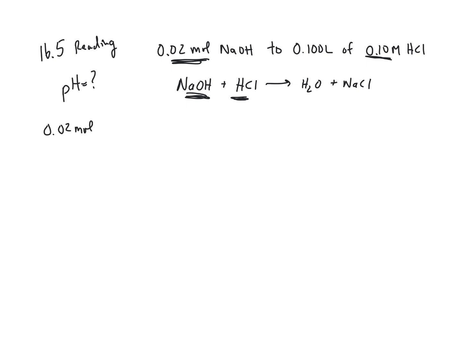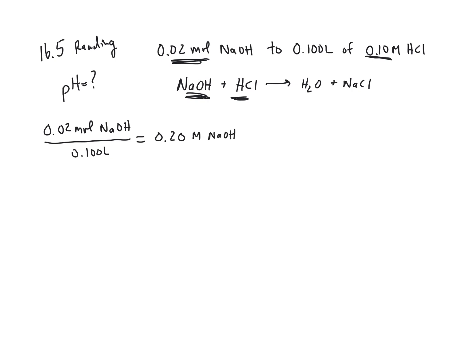So I've got 0.02 moles of sodium hydroxide, and I add that to a 0.1 liter solution, right? We're trying to find concentration, which is moles per liter. To see that, after we add that sodium hydroxide, we'd have a 0.2 molar solution of sodium